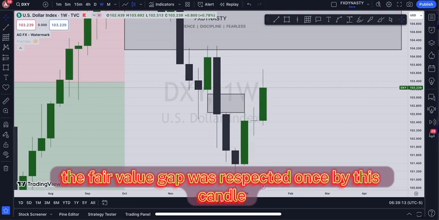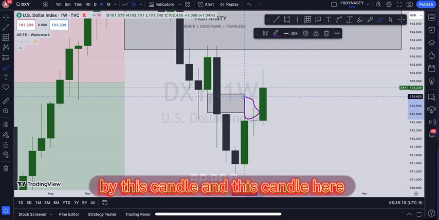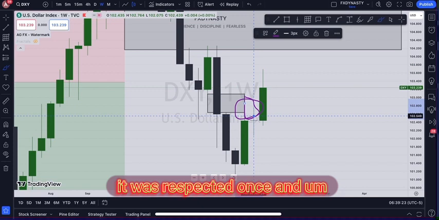The fair value gap was respected once by this candle, and this candle here. It was respected once, and